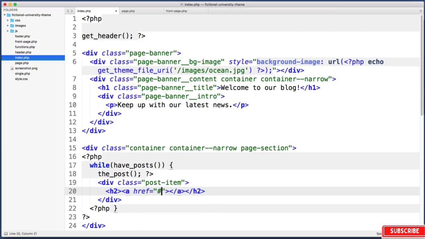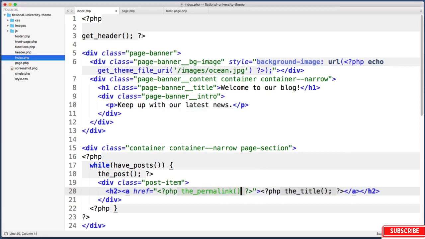But within the link, the text that we want people to see is the title. So let's go into PHP. And to output the title, you just run the title function. Okay. And then for the href value instead of the placeholder hashtag, let's go into PHP and use the function named the permalink. And why don't we go ahead and save this and see what it looks like now,